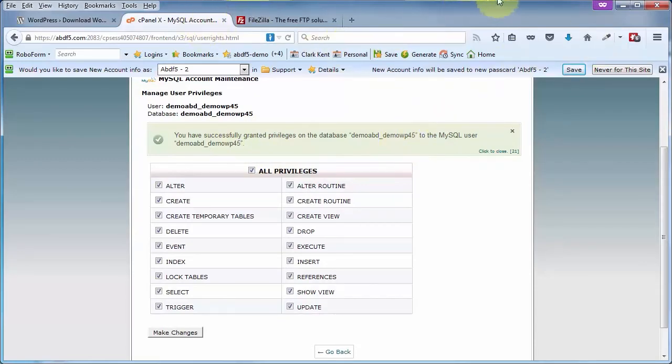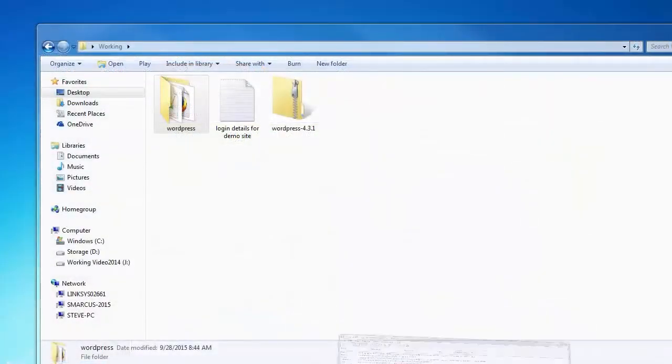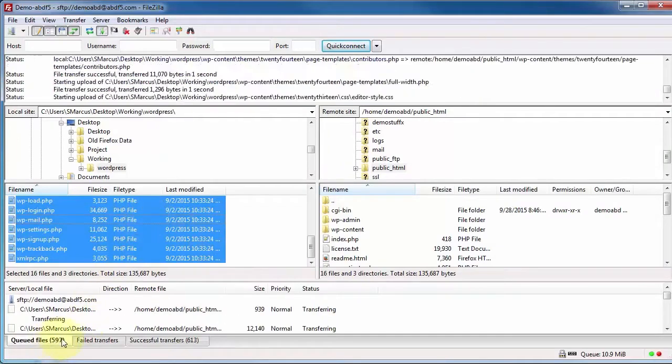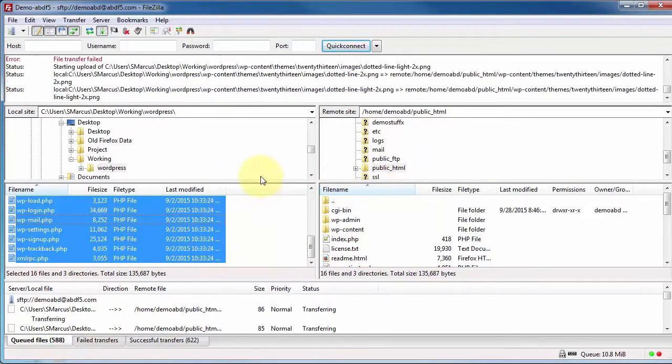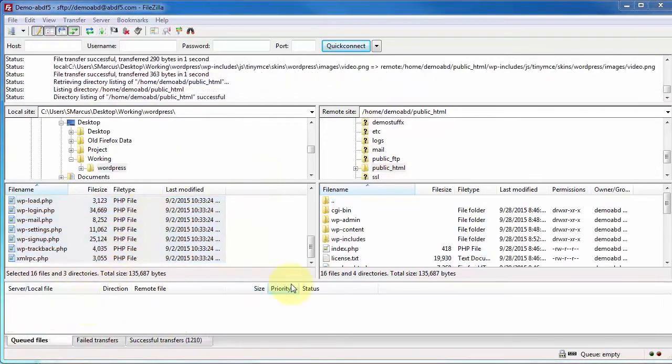So get this guy out of the way here. Let's bring back FileZilla, see how our upload's going. We're a little more than halfway done. But through the magic of video editing, this will only take another second. And we're finished. So now that we are done with FileZilla, let's go ahead and open up our browser,